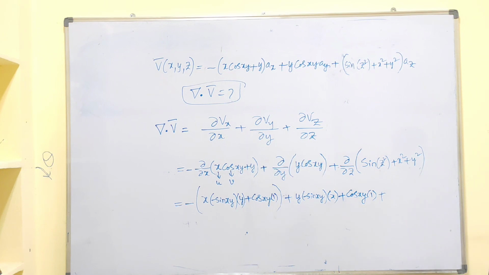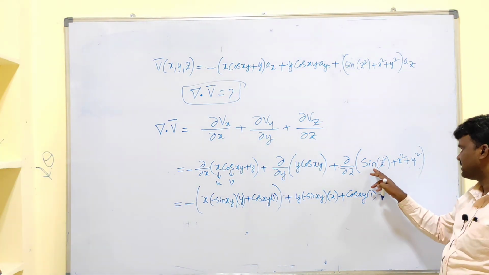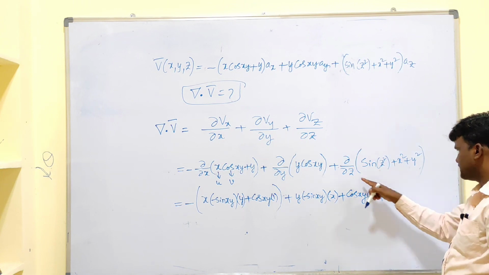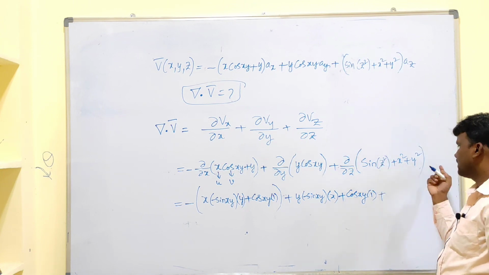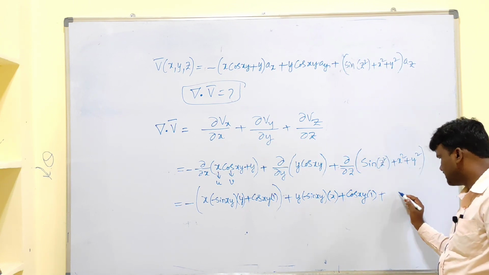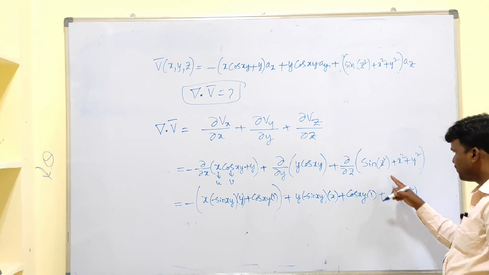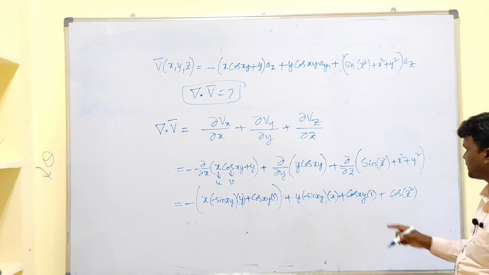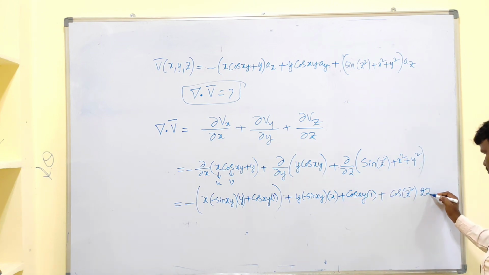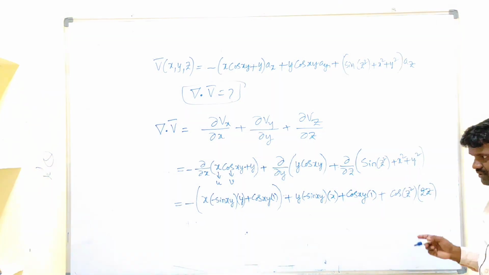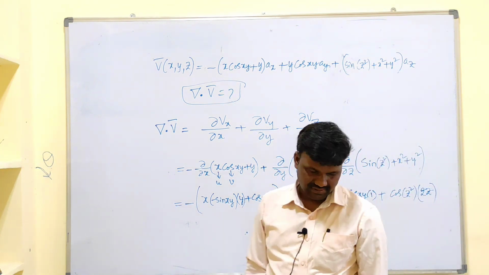Here if we perform partial differentiation, we will get what? The first term is a function of z, the remaining are zeros. So the differentiation of sin z square is cos z square. Again I need to perform the differentiation of z square with respect to z, that gives 2 into z. So this is about the simplification.